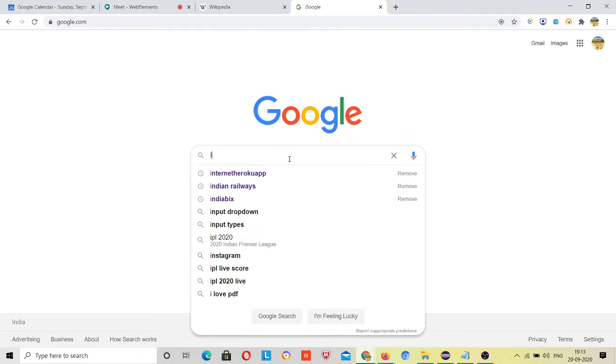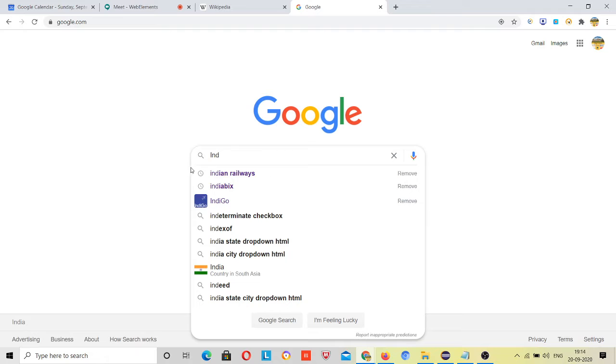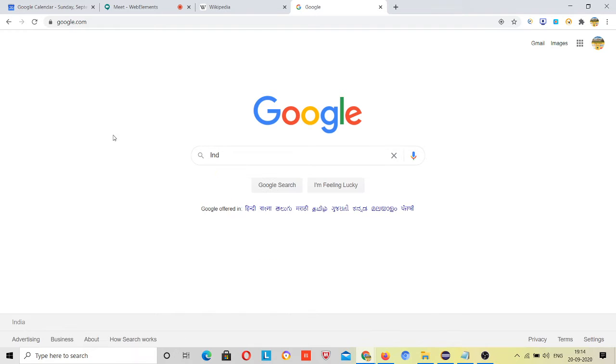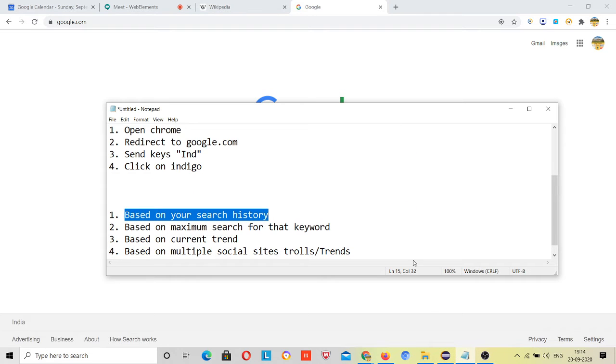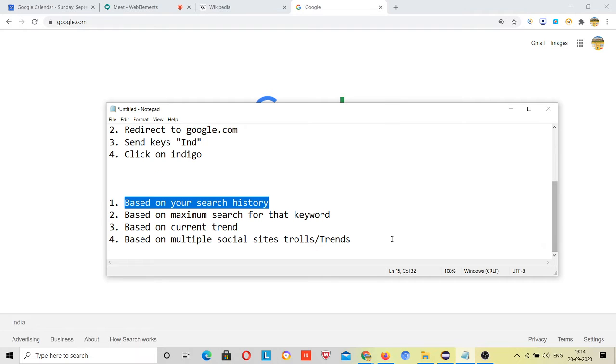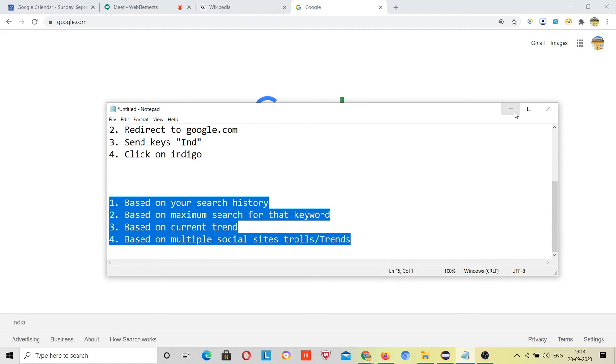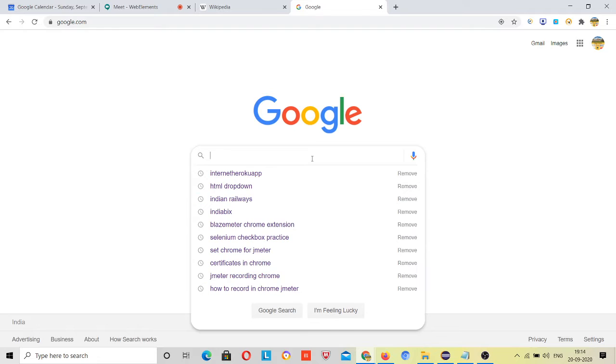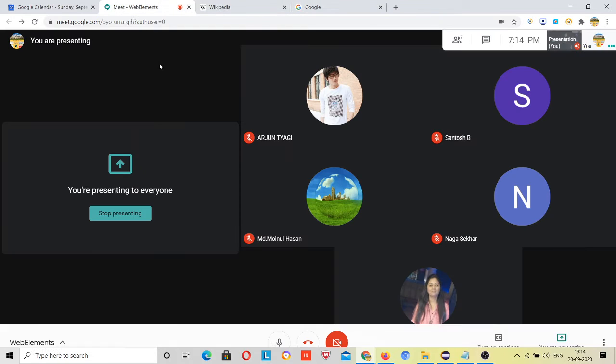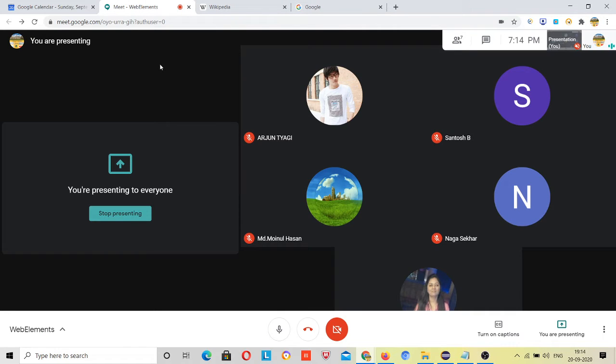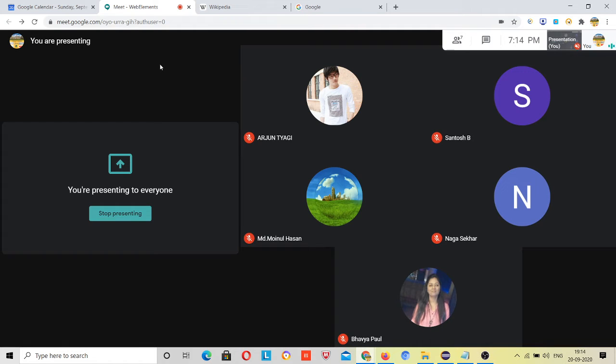If I search IND, see, because I search Indian Railways a lot. So based on these four things and maybe a lot more, whatever I know about, Google suggests you. That's why it's called an auto suggestive drop down. In multiple websites, these features are present. If you go to Amazon.com, based on your previous search history, it will suggest you some new ones, right? The same thing applies here also.